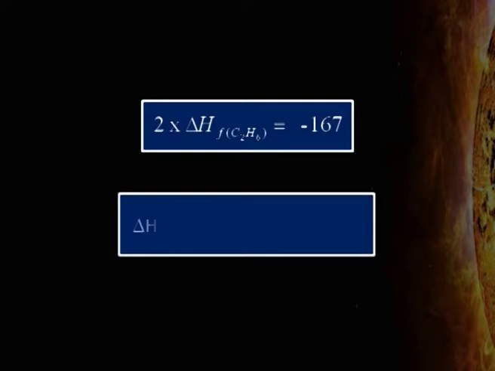Or we can say that 2 multiplied by delta H formation for C2H6 will be equal to minus 167, or delta H formation for C2H6 will be equal to minus 167 divided by 2, equal to minus